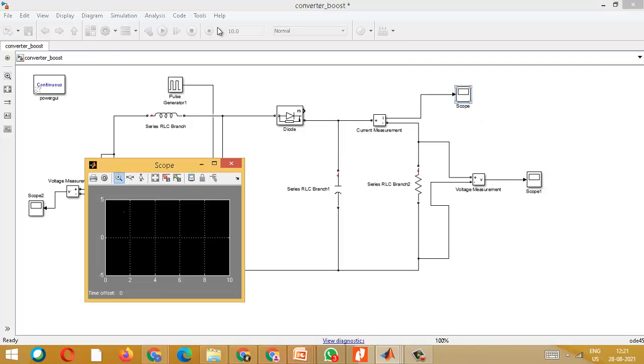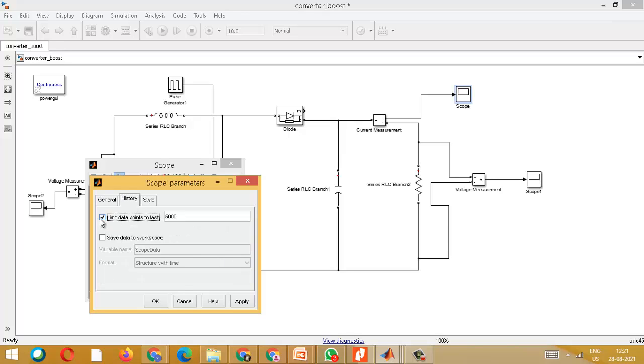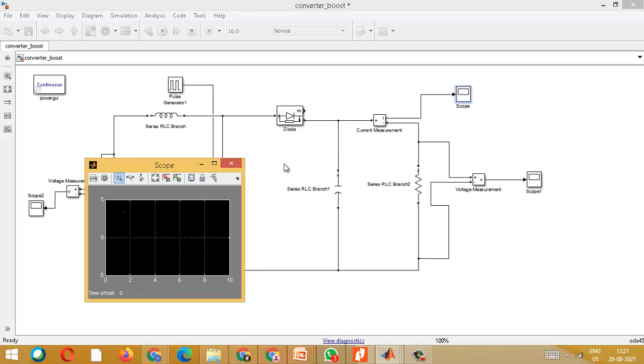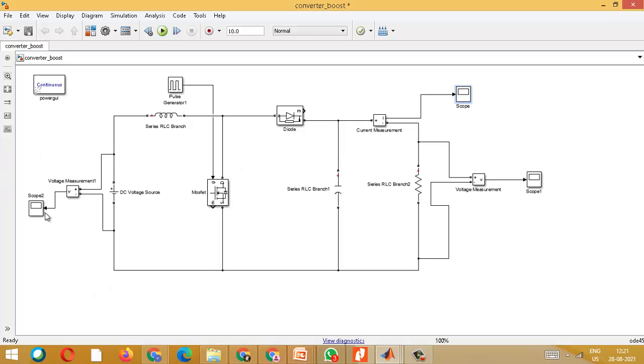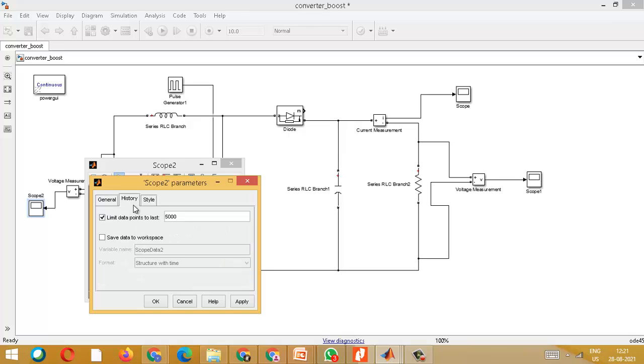Similarly go here in this history, untick this, then this is output current, so you write it as OC. Similarly this is your input voltage. I am writing it as IV.